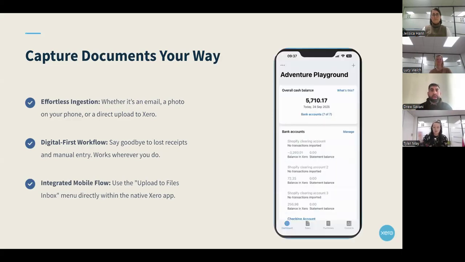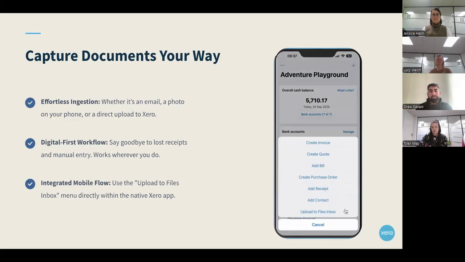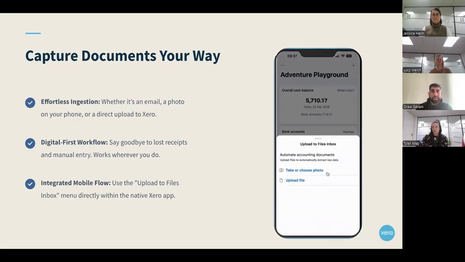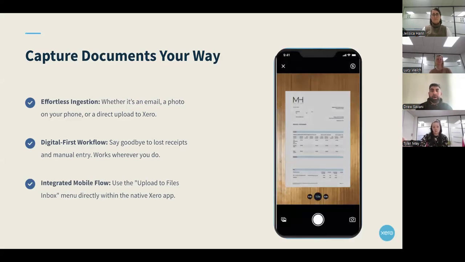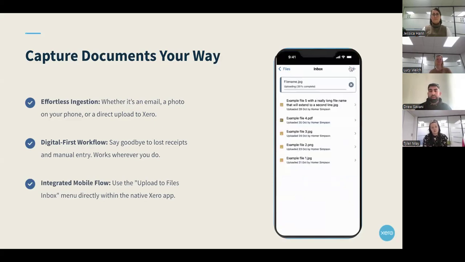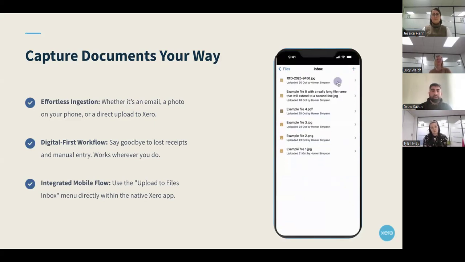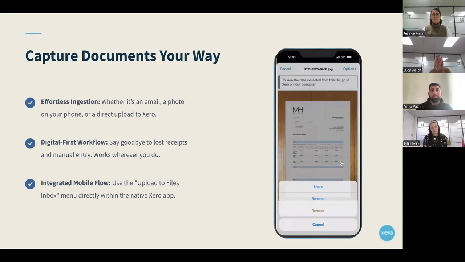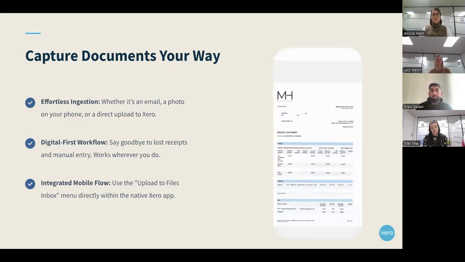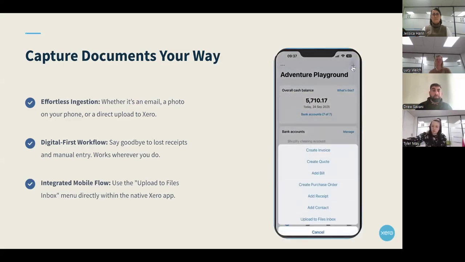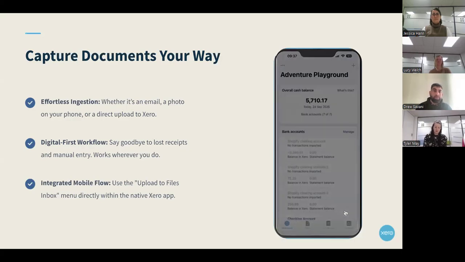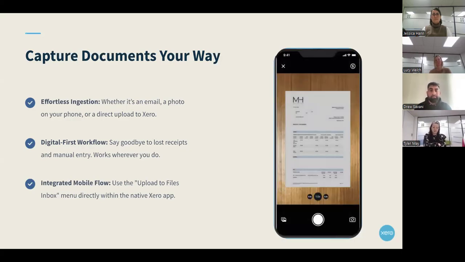And I've now got into a habit of taking pictures of my receipt the minute I get it. In the past, what I would do is I'd put it in my pocket, and then when I got home, I'd submit them all one by one. And I couldn't count the amount of times where I'd forgotten to submit a receipt or it went in the washing machine and I couldn't read the receipt. And that's me losing out on income, on getting my money back.